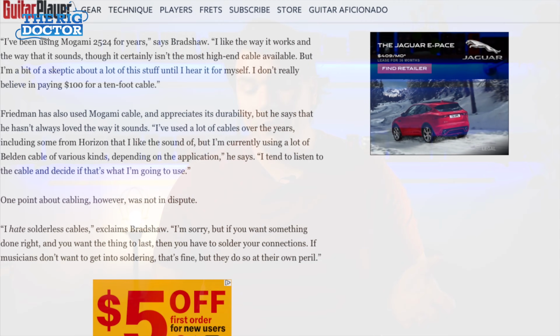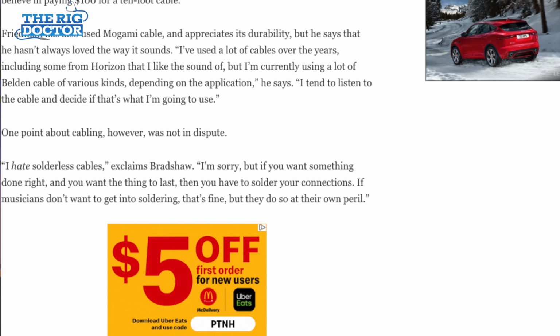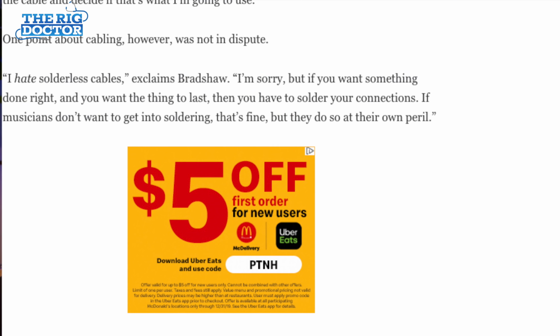So Bradshaw says this: "I hate solderless cables," exclaims Bradshaw. "I'm sorry, but if you want something done right and you want the thing to last, then you have to solder your connections. If a musician doesn't want to get into soldering, that's fine, but they do so at their own peril." I don't know about you, but that sounded like a pretty emphatic response from Robert Bradshaw, who's arguably